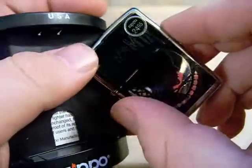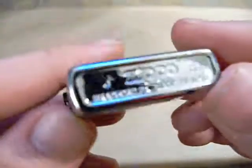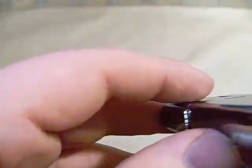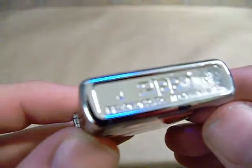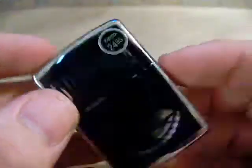MSRP on this, $24.95. High polished chrome finish. Bottom stamp is J of 08, so that's October of 08. Of course, still got the safety sticker on there. POW MIA one, and on this one,